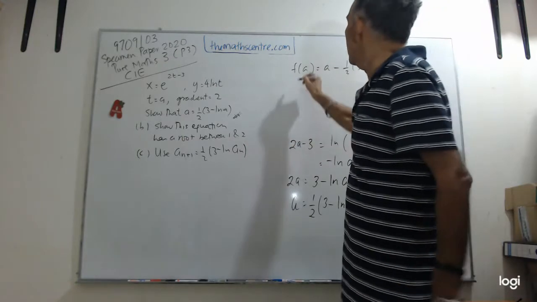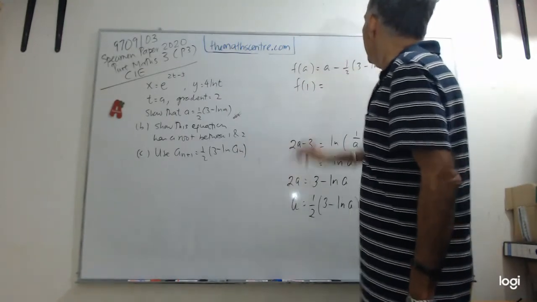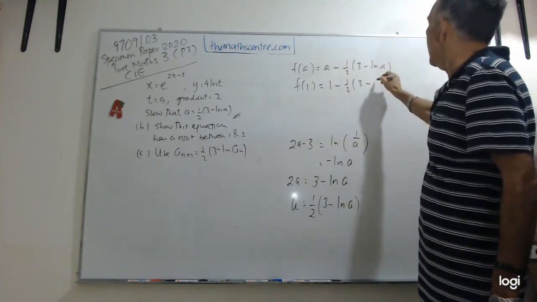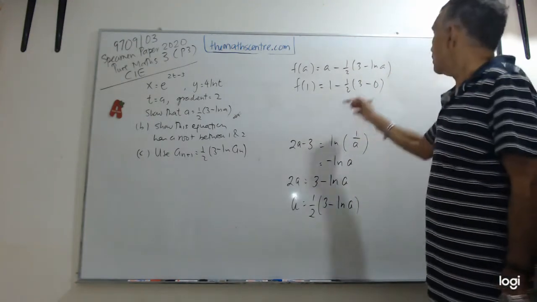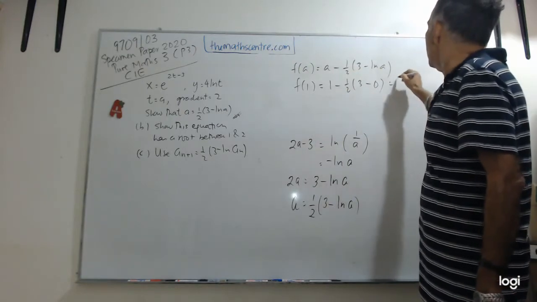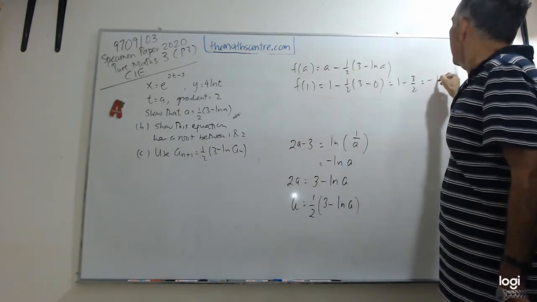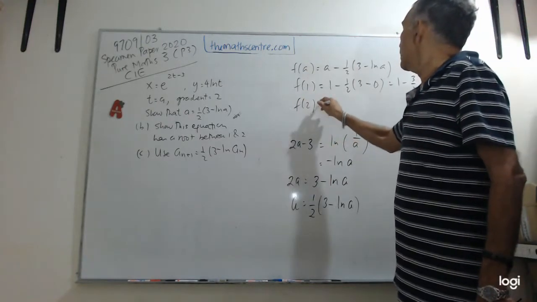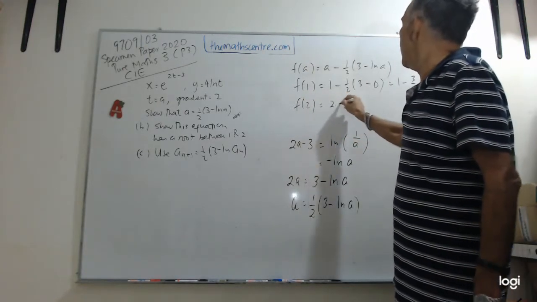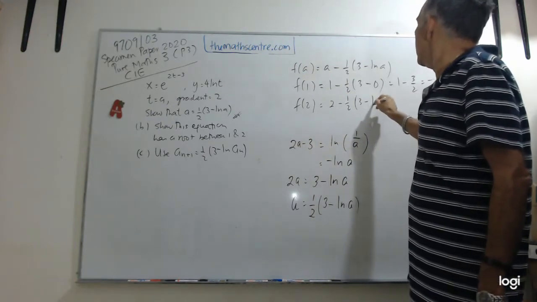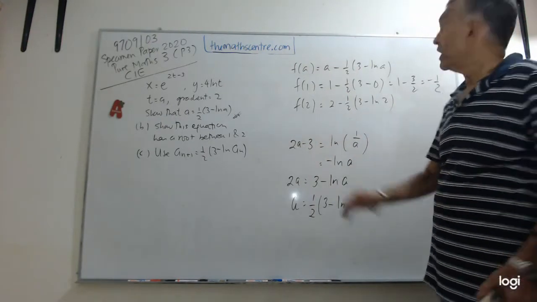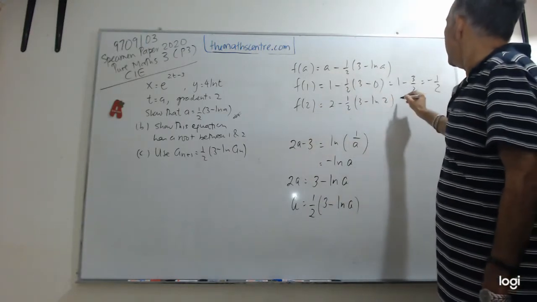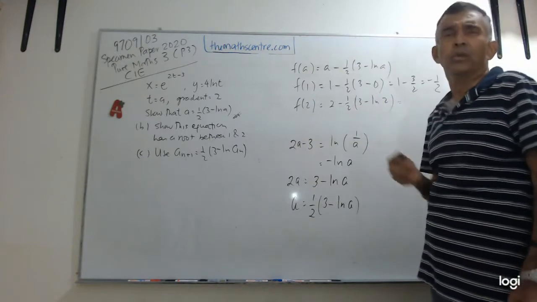So between 1 and 2, well, for 1 you just plug in: 1 minus a half (3 minus log of 1). What is log of 1? 0. So I have 1 minus 3 over 2, okay, I'll have a negative half. And f(2) will be what? 2 minus a half (3 minus log 2). Just plug in 2, and then I have log 2 here. And this one, when you use your calculator, you get a positive value,